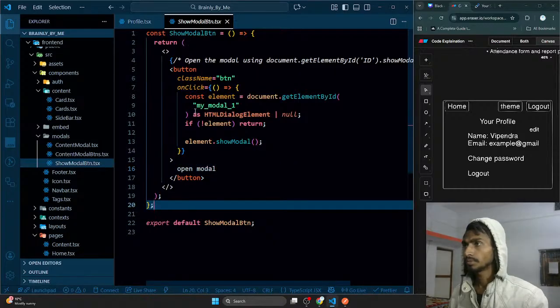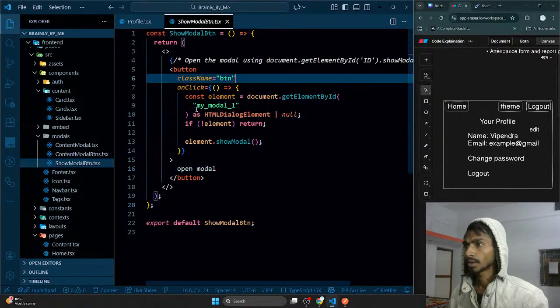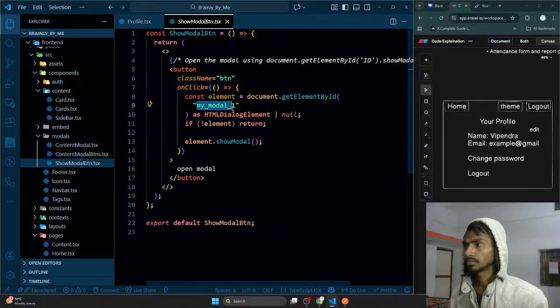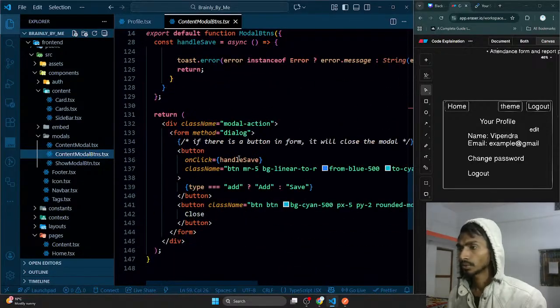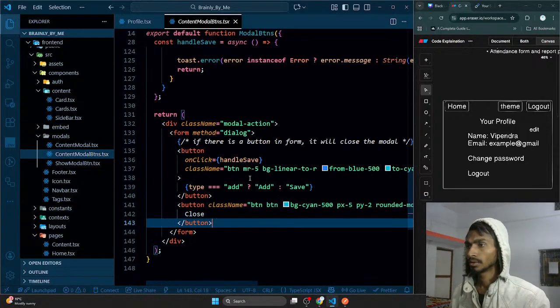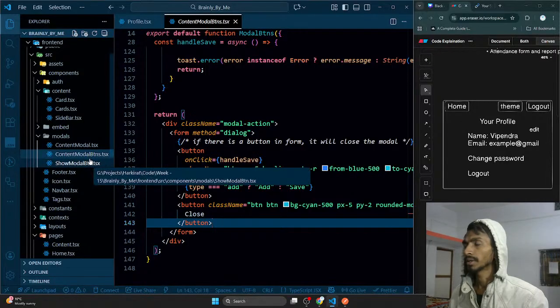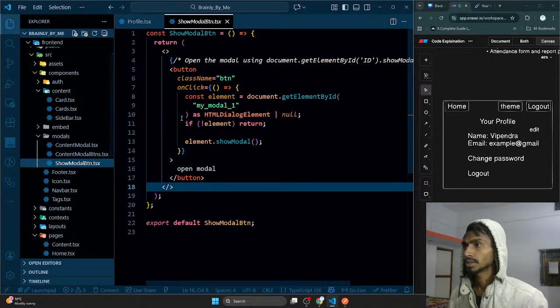Okay, over here, my model 1. Why do I have this show model button when I have buttons over here? Content model buttons are the buttons inside that, and this is the button just outside that. That's only one model, so it is like this. So whenever I'm calling this model,